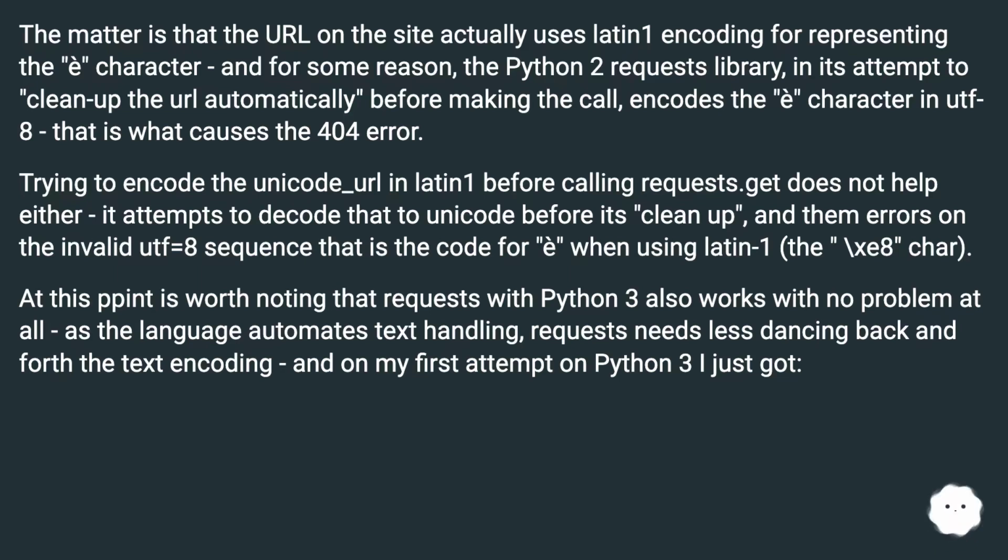Trying to encode the unicode_url in Latin 1 before calling requests.get does not help either. It attempts to decode that to Unicode before its clean up, and then errors on the invalid UTF-8 sequence that is the code for the character when using Latin 1, the \xc8 char. At this point it is worth noting that requests with Python 3 also works with no problem at all. As the language automates text handling, requests needs less dancing back and forth with the text encoding, and on my first attempt on Python 3 I just got